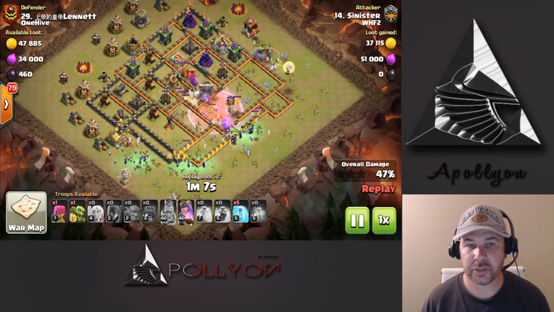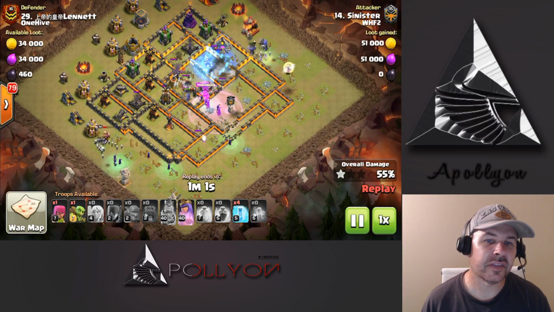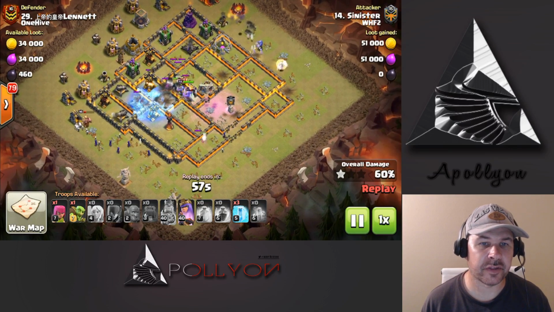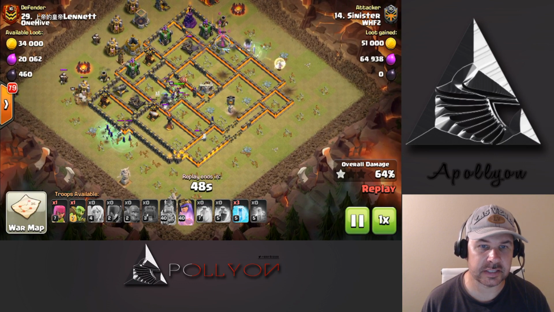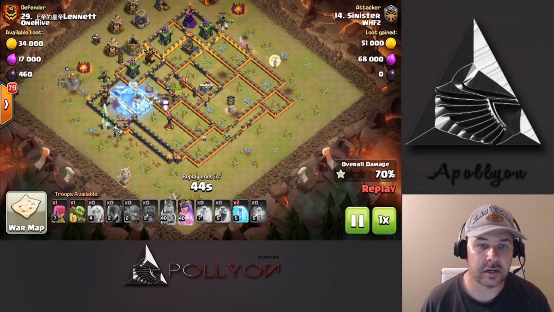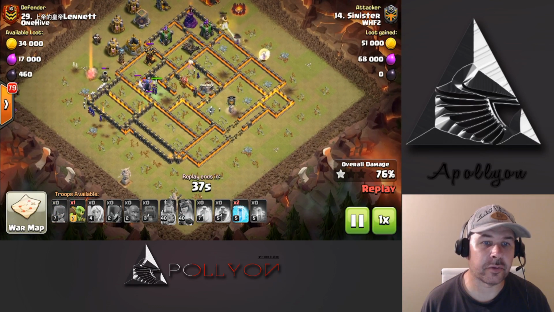But you want to make sure you get that loon down, and we're also seeing a lot of P.E.K.K.A.s in the CC that we're using because they just help push through the base a lot more than Valkyries. They're a lot tankier and they can hold up these point defenses unless you're getting involved with an Inferno Tower, but then you have your freezes to go ahead and take care of that. So we still have the Queen ability that we haven't used yet, and that Inferno Tower is targeting just a bunch of different troops there in the core, and we still have our King up, although he's on life support,